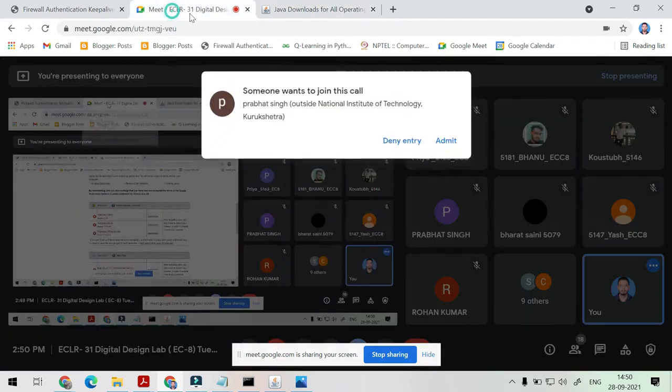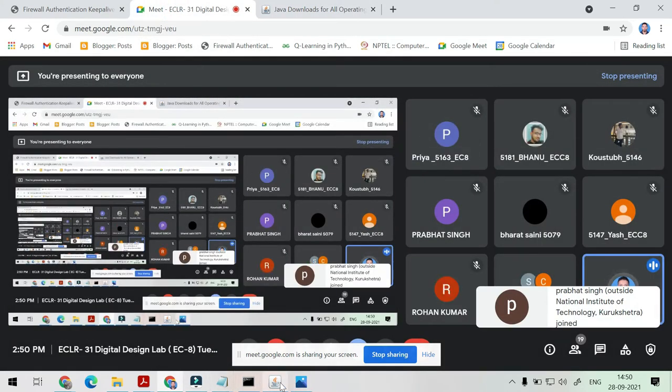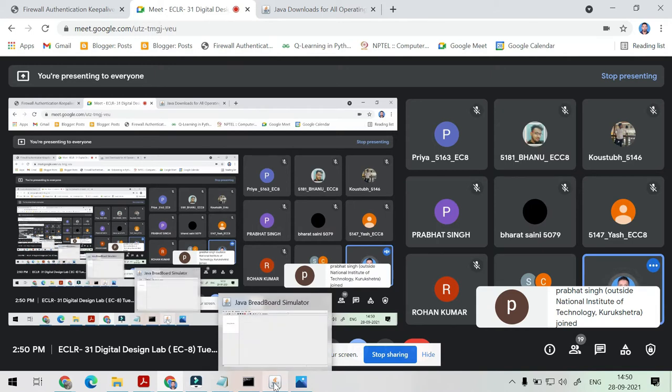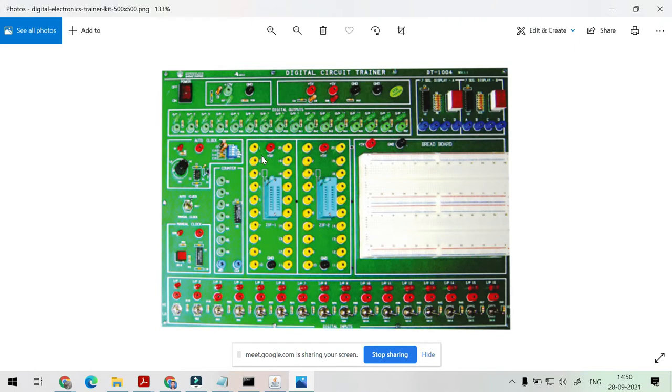So all our experiments we will perform in this Java Blackboard simulator. This is the hardware kit we have. Here we perform all experiments in the lab, but as we are doing this virtual lab, we will perform all this in our simulator.